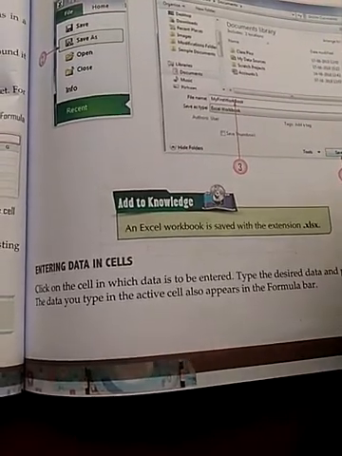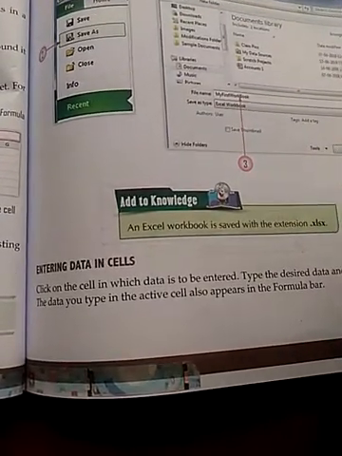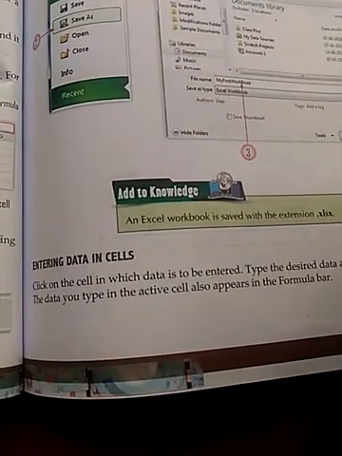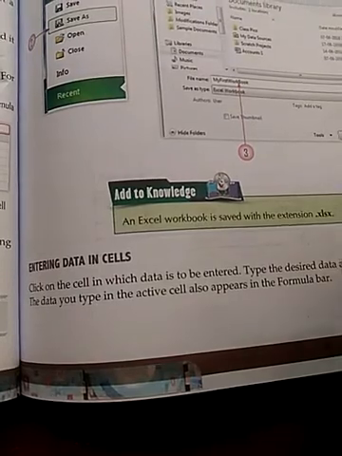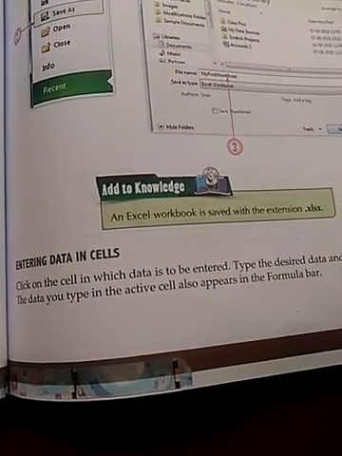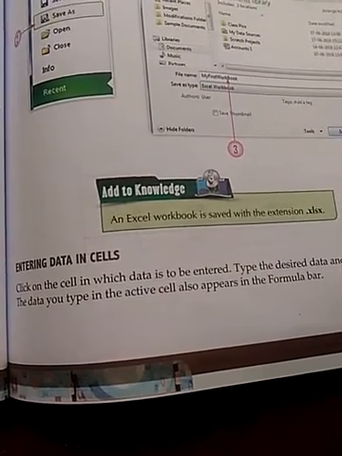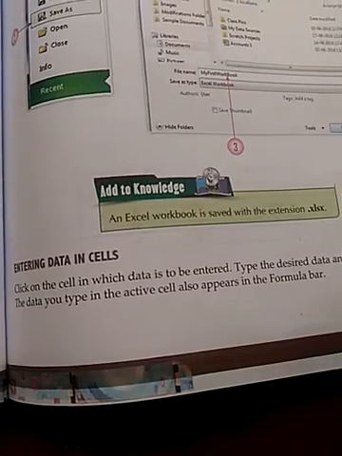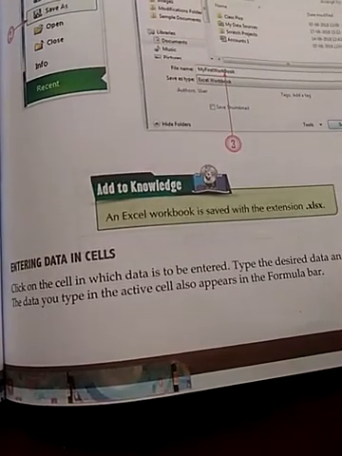Hello students, in this video we will learn how we can enter the data in a spreadsheet and how we can edit the data. A spreadsheet is a combination of rows and columns in which you can enter the data and can perform mathematical calculation on that.